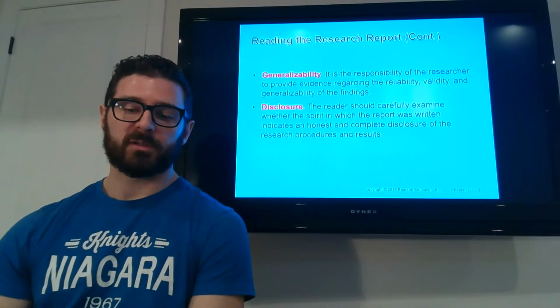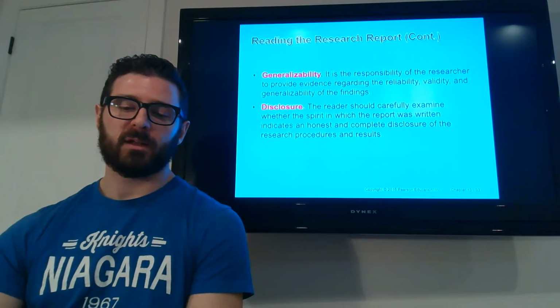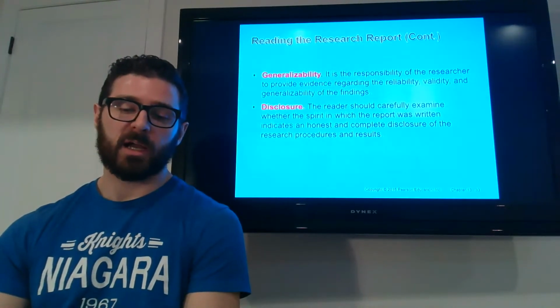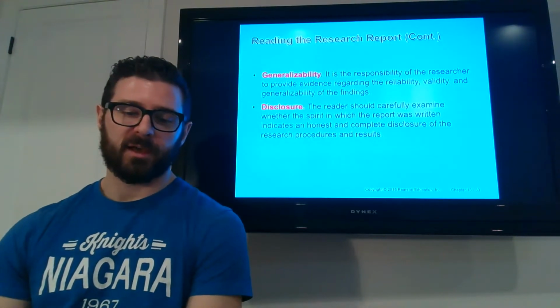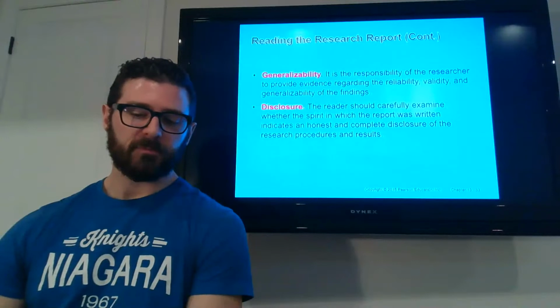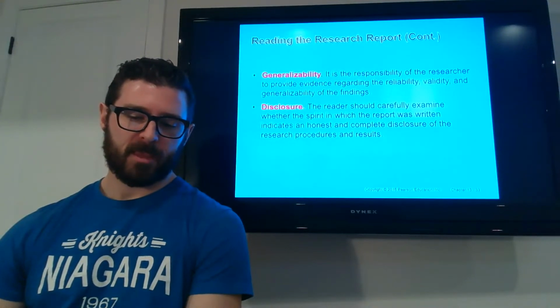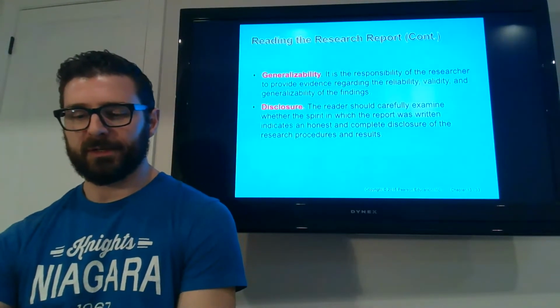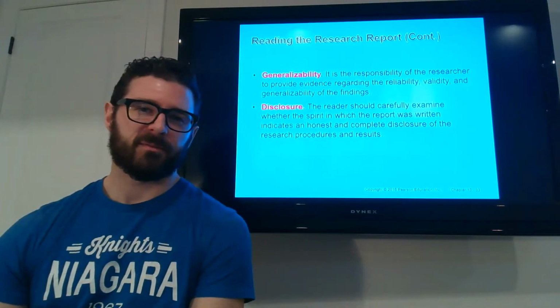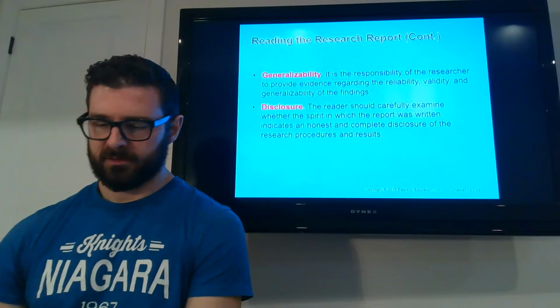So the report itself should make it clear how reliable and how generalizable the findings are. Disclosure: it should be honest, and it should be giving all of the background and context, really.